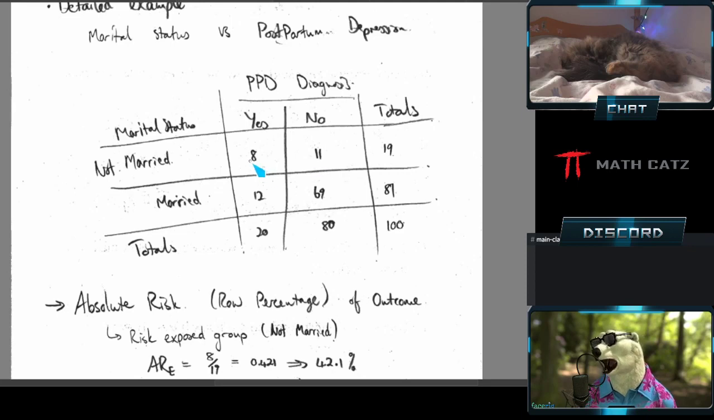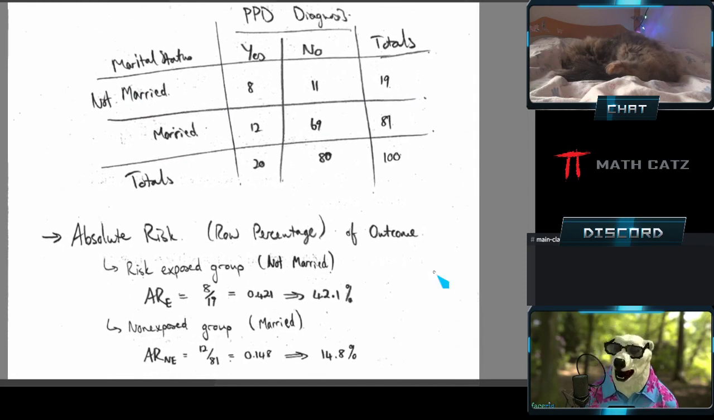From the row, I see 8 out of a possible 19 that were not married had postpartum depression. So the absolute risk is essentially my probability estimate of being in that risk factor group and having a positive outcome. So I can then, of course, do the same for the married group,